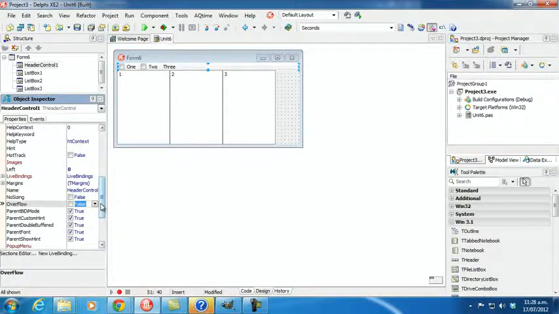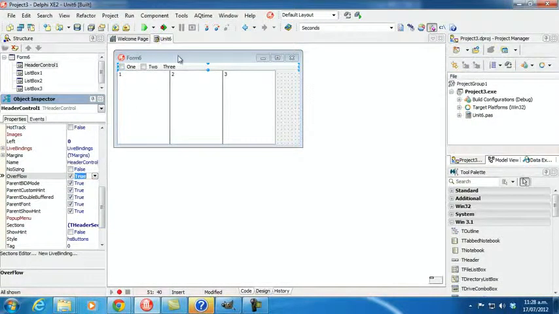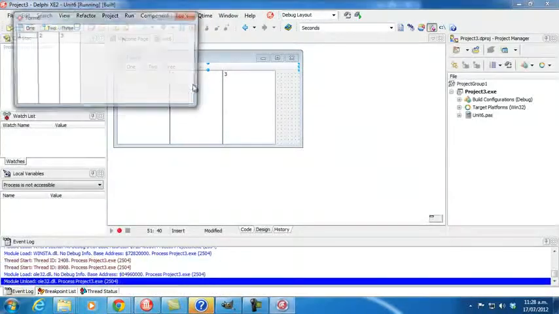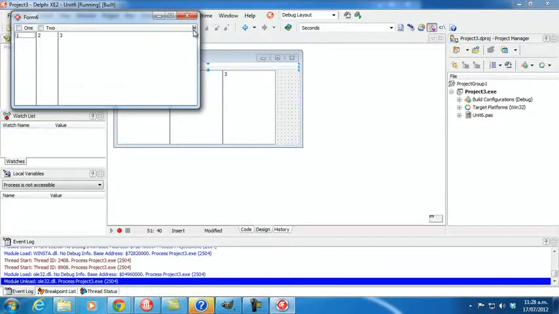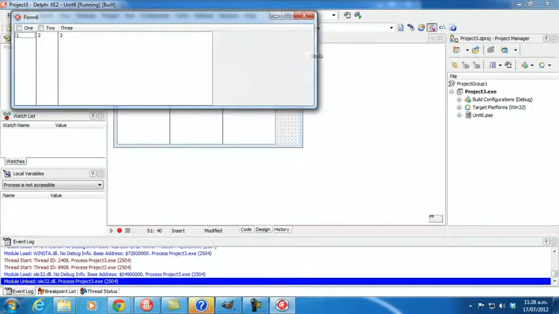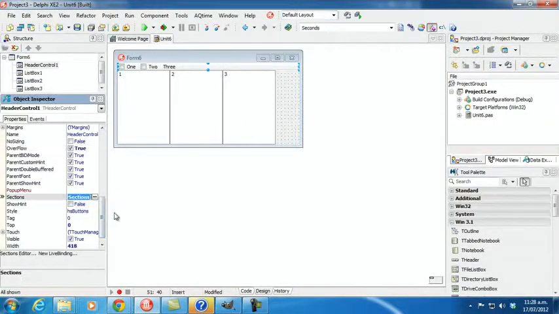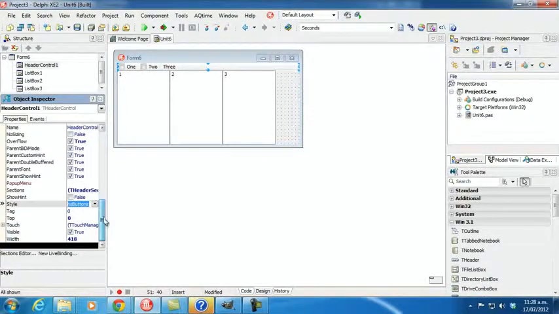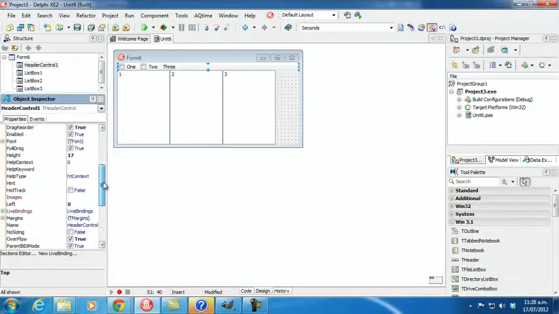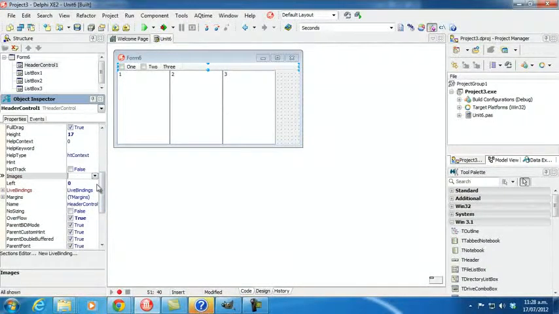There's an Overflow. If that's ticked, when a section is sized beyond the edge of the form, we get this little indicator, which disappears if everything's within the width of the form. Of course, our sections property, the Style property, we've got buttons and flat, and you need to disable VCL themes again to make that do anything, so it's probably best avoided. So I think that is all the public properties, apart from Images,